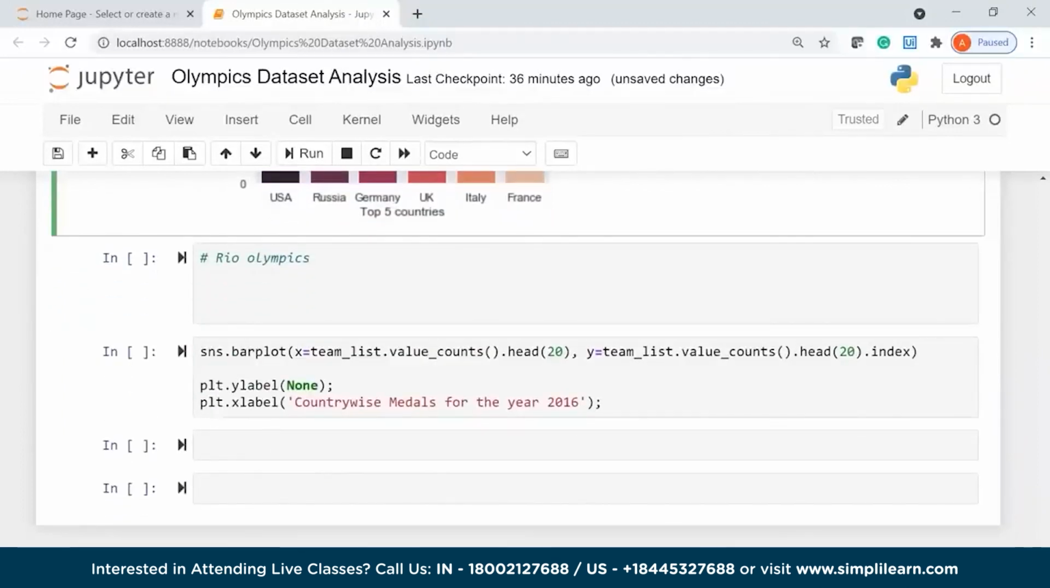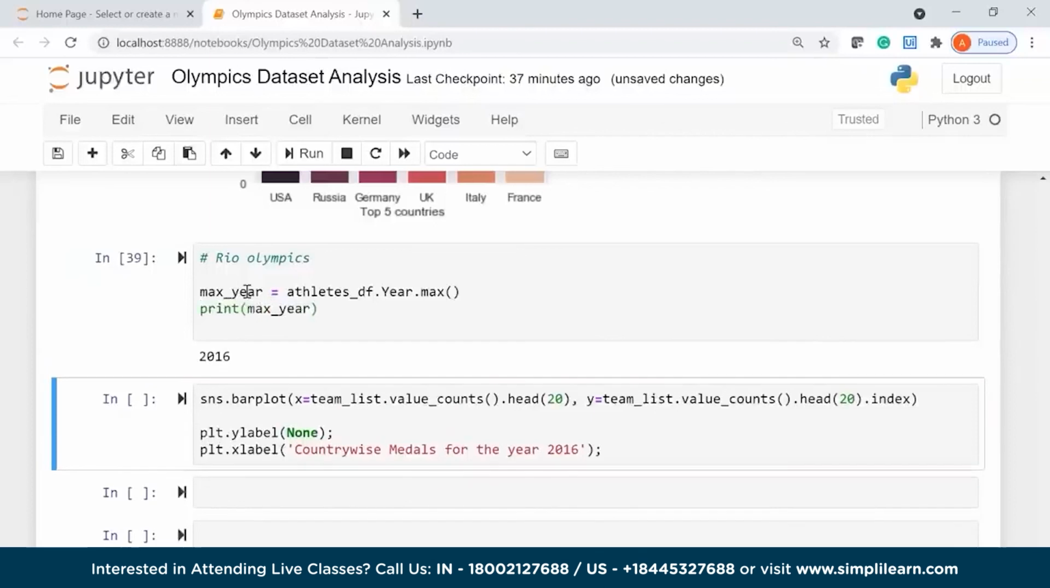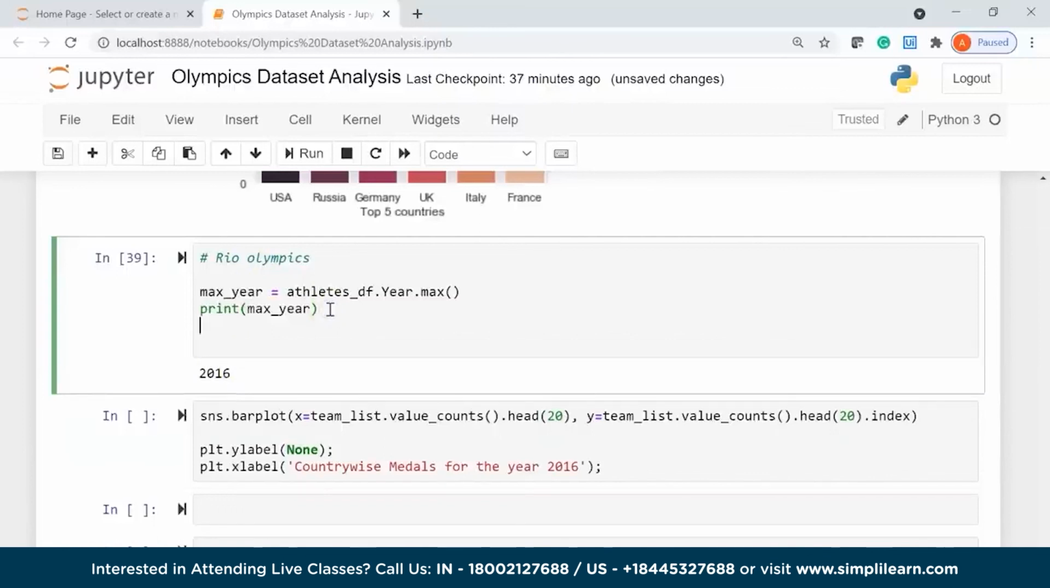Alright. Now we will analyze and look at the data for the most recent Olympic event that is present in our dataset. I'm talking about the 2016 Rio Summer Olympics. So first of all, I'll create a variable called max_year, which will be equal to my data frame name athletes_df, my column name year, and I'll use the max function. Then let's go ahead and print my max_year. I'll just show you the output. You can see here my max year present in the dataset is 2016, the Rio Olympics. Next,